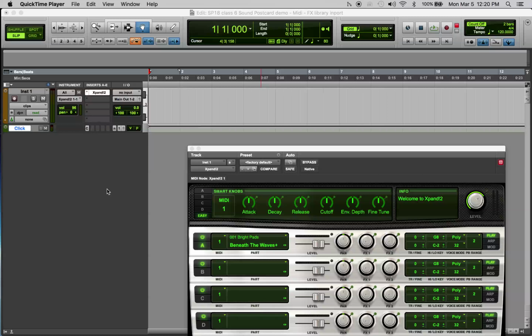This is a short tutorial to show you how to use your computer keyboard to input MIDI notes. So after you have your session set up with an instrument track, a stereo instrument track, and you have your instrument inserted on the insert column here, and you have your instrument column open so you can see what's going on,